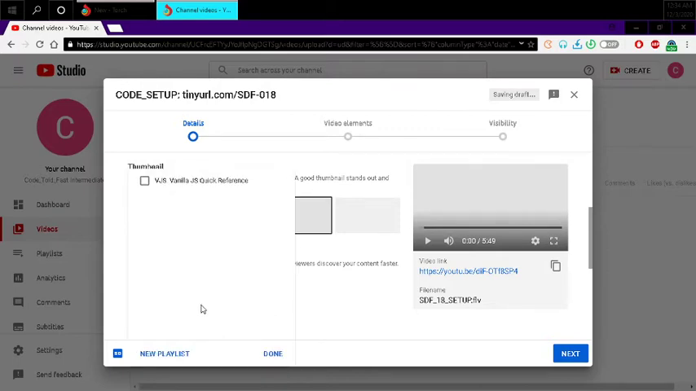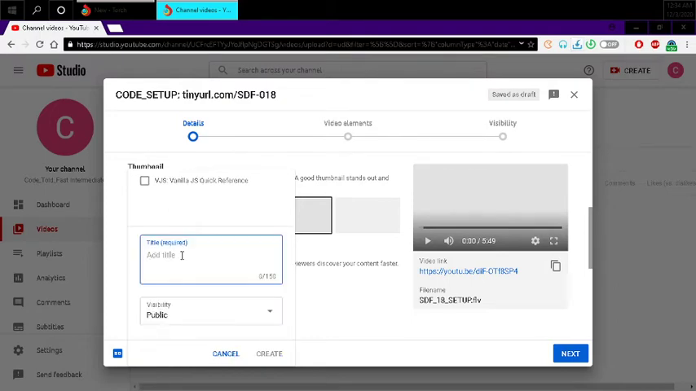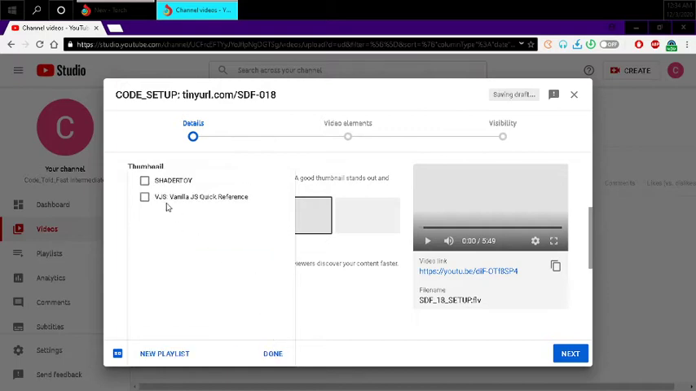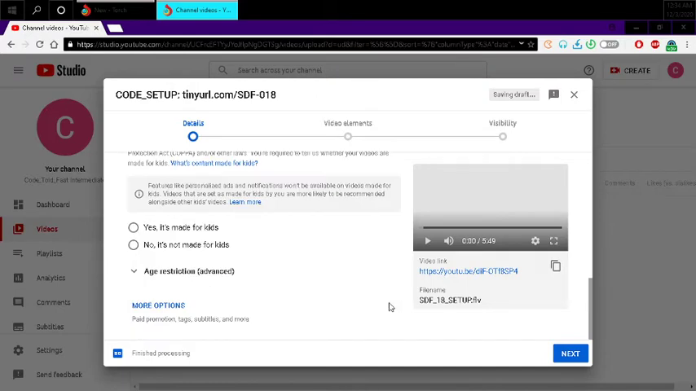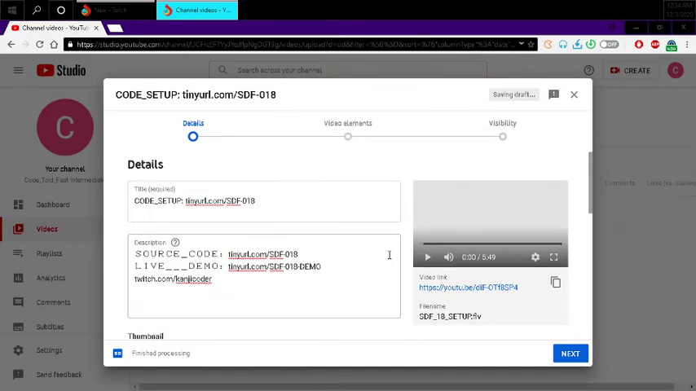So in the playlist, we're gonna do a new playlist and shader toy. We'll make the list public, and we'll create it. We'll put it in shader toy. And it's just the code setup, right? And so we're going to keep